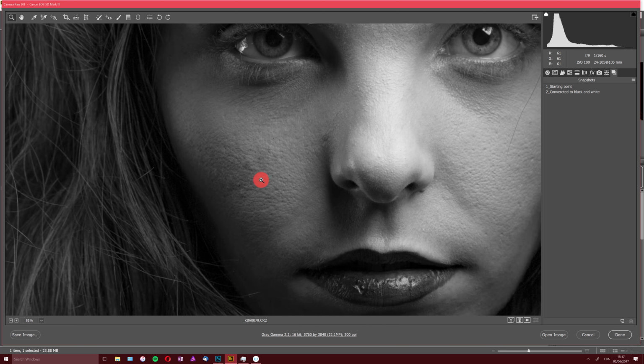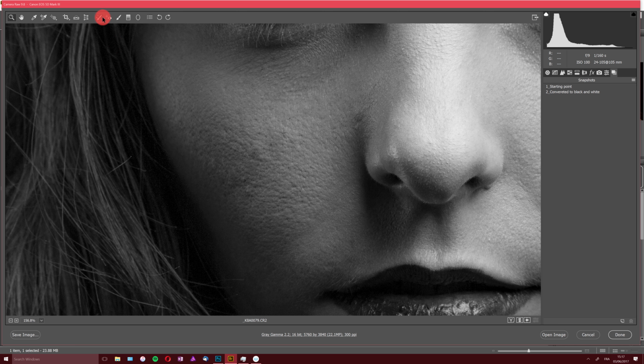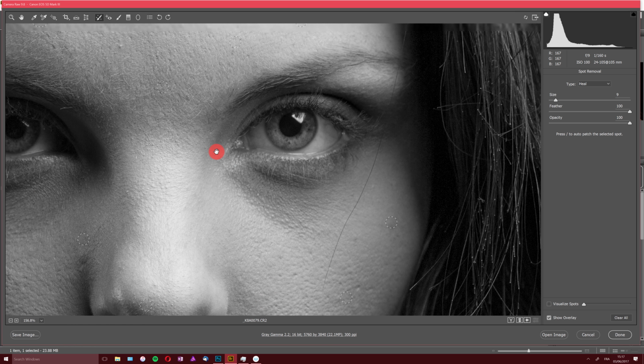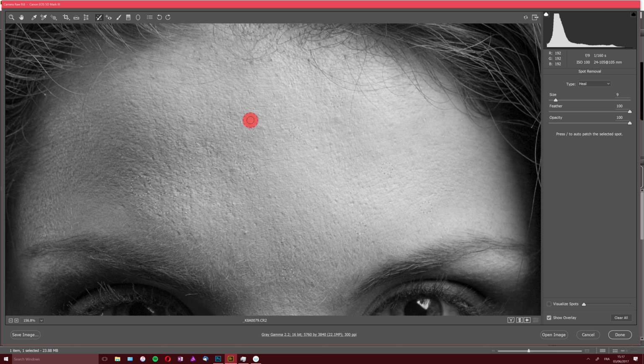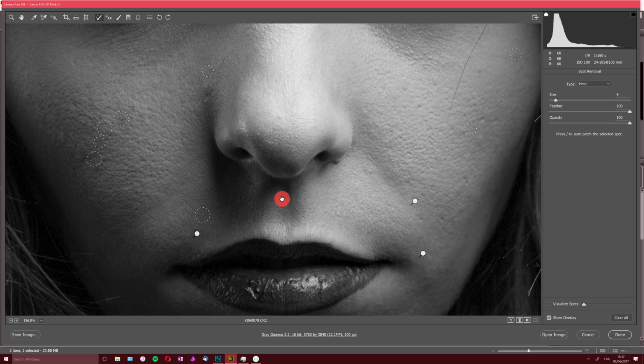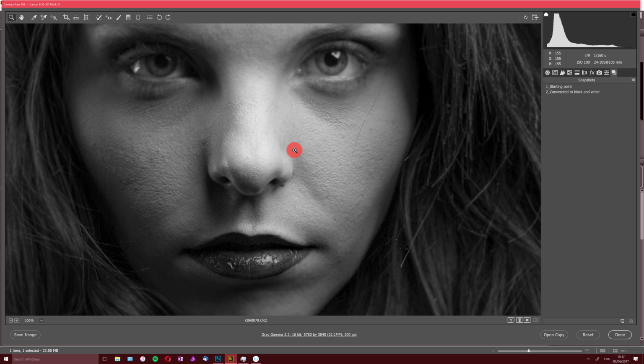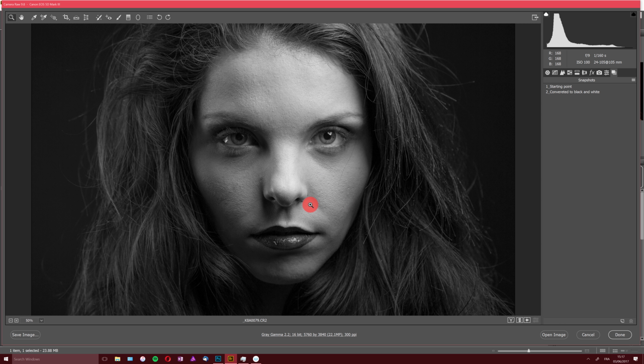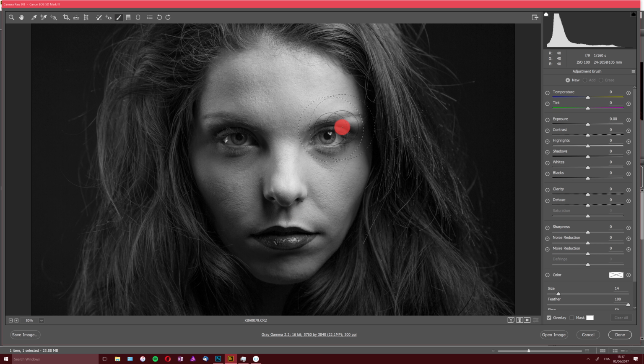I think for this particular photo, I want to remove a bit more on the cheek here, but actually I'm pretty much done with the spot removal process, and I think I get a nice detailed skin. Not too smooth, not yet, because we're going to use clarity, and again, it's going to be up to you to choose. But I think we removed all the distractions, I would say. I don't want the people to be distracted by elements on the skin. So now we have nice details, and I think we can switch to this tool here, which is the adjustment brush,